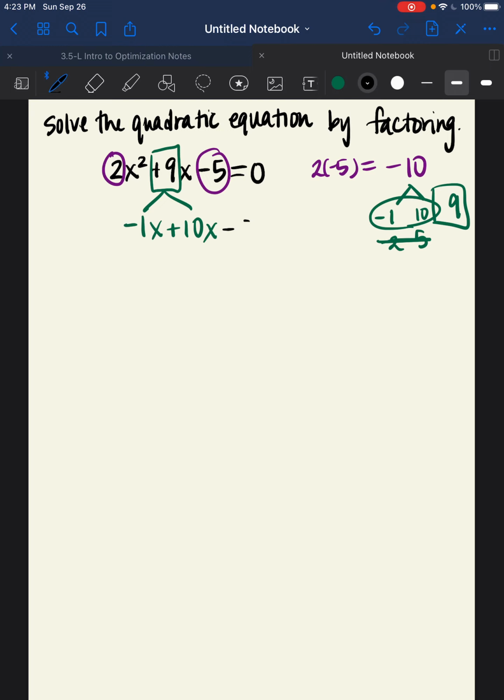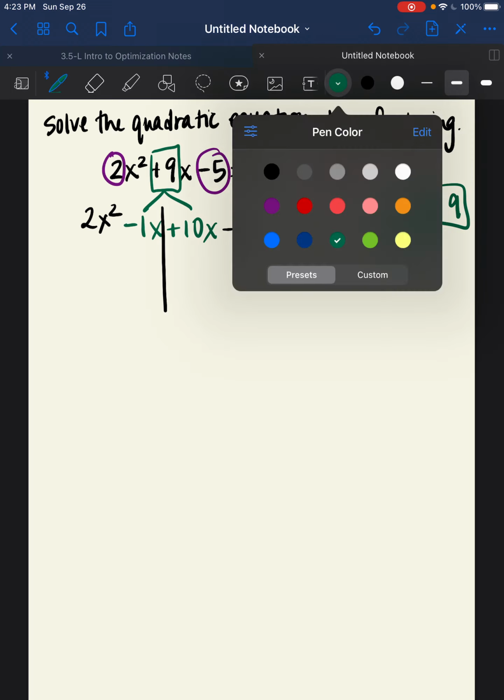And then we bring down the rest of the quadratic, so bring down the 2x squared, bring down the constant, which is -5. And so we split this trinomial into 4 different terms, so we can split it down the middle and factor by grouping. And so looking at the first two,